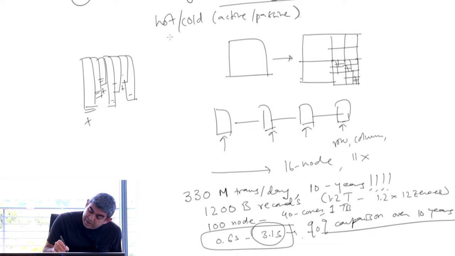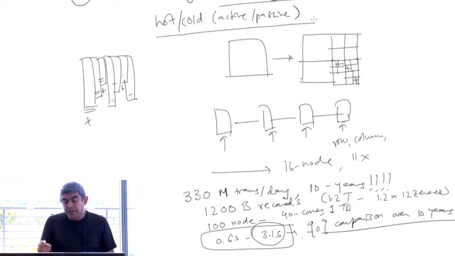And one other capability in HANA is hot and cold. There are times when we know about the semantics of the application. In financials, for example, we know that the active data in a company's financial record is the current year. The year is typically the measure of a public company's financial information. And a year is typically a little bit longer than 1 year, because you want to keep the open items from the previous year that carried forward, as well as the items from this year that you will carry forward into the next year. So maybe 14 months of information for 1 year. And if you want to do year over year comparison, then you also keep the previous year. So that's it. You don't need to hold more than that